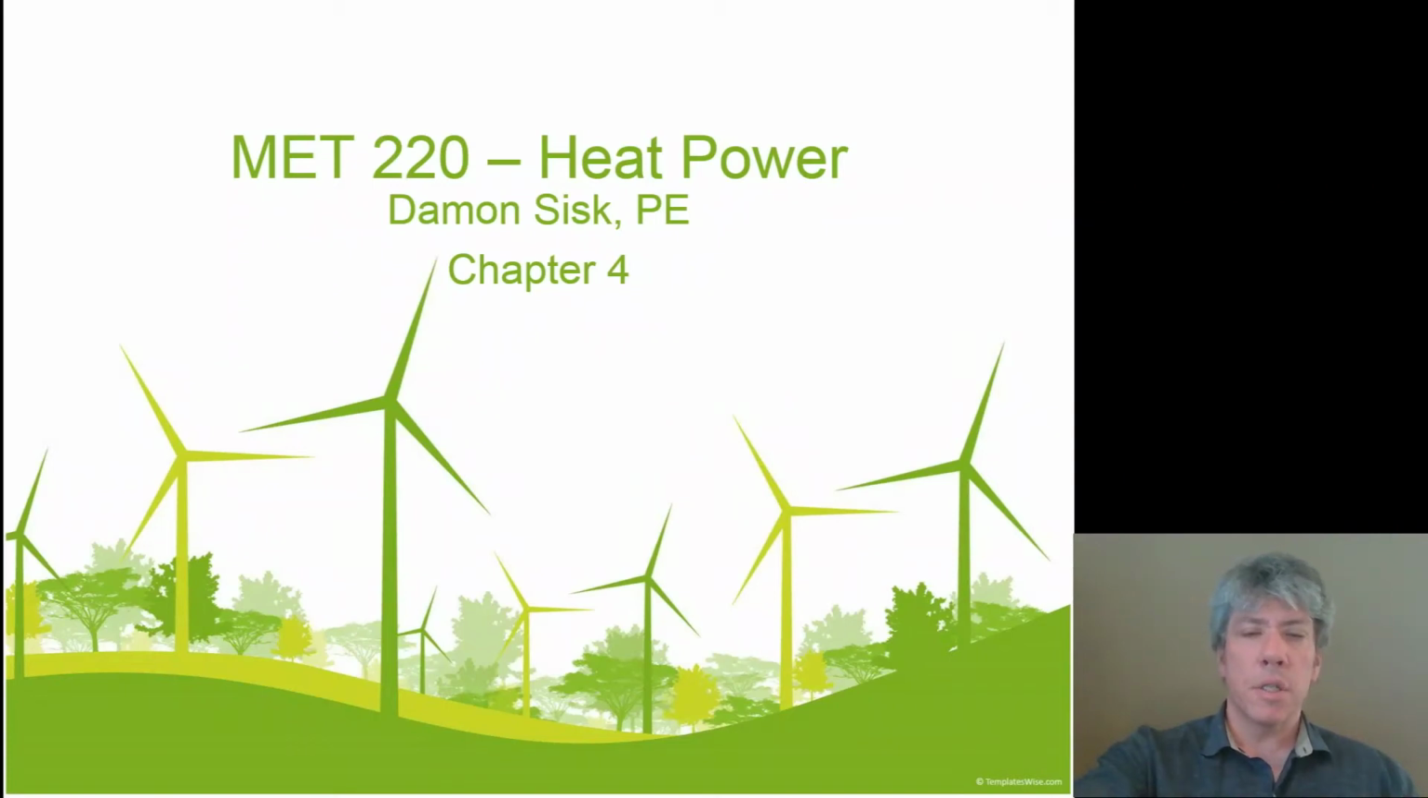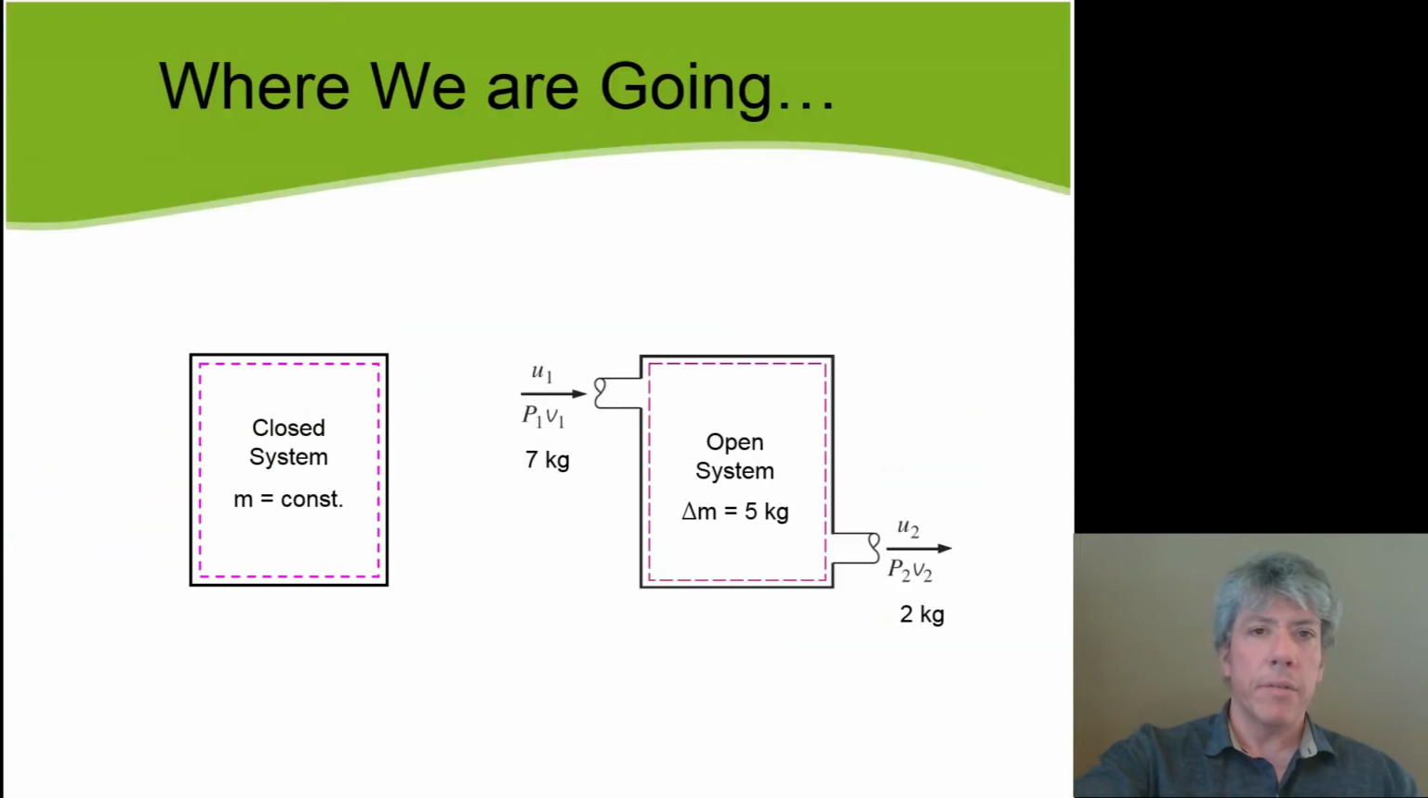Now let's consider steady state processes where flow can enter and leave the control volume. We're going to move from the concept of just a closed system and energy interactions to an open system where mass can flow in and out of the control volume. For example, if we have this open system, the system itself is the area denoted by the pink rectangle. And if we have 7 kilograms of mass come in and 2 kilograms leave, then the system must have